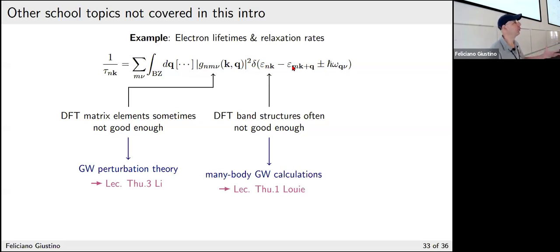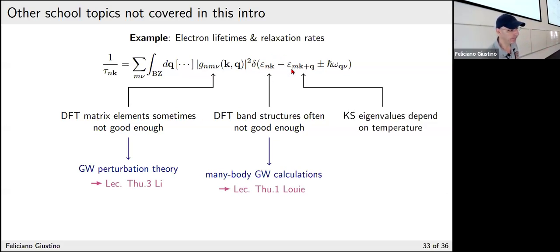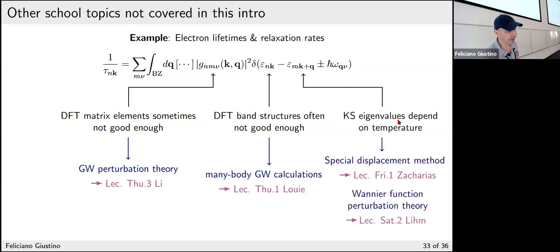Then one could say, okay, looking at the band structures, all I just said is about electron-electron correlation, how to improve the description of electrons. But I spent a few slides saying that band structures may depend on temperature. So how does temperature enter in the expression? Maybe I need to incorporate temperature in these band structures here. How do I do that? This will be discussed by Mario Zacharias on Friday and by Jemo Lim on Saturday, to see how to improve these things by adding temperature dependence in your band structures